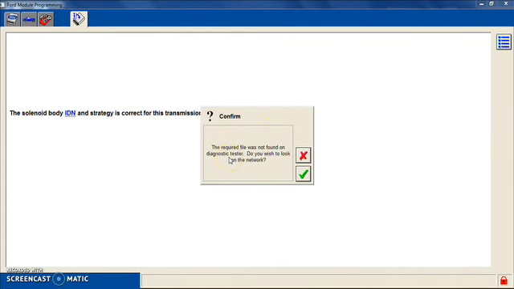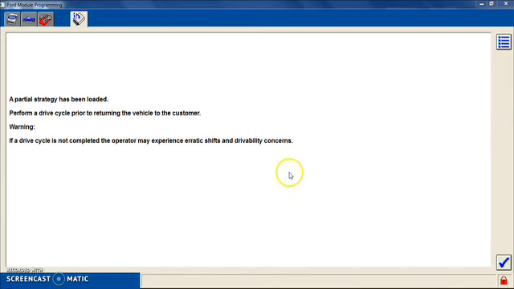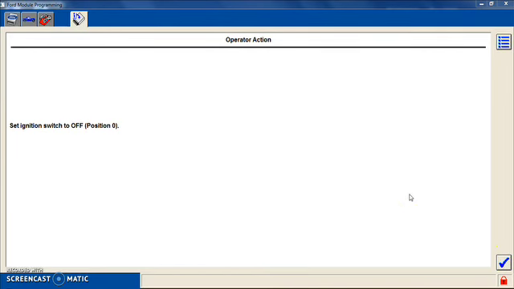This is basically telling you it cannot find the file on the computer. Do you wish to look on the network? So it's going to look on the internet, so yes. It did find the file. Switch the ignition switch off.